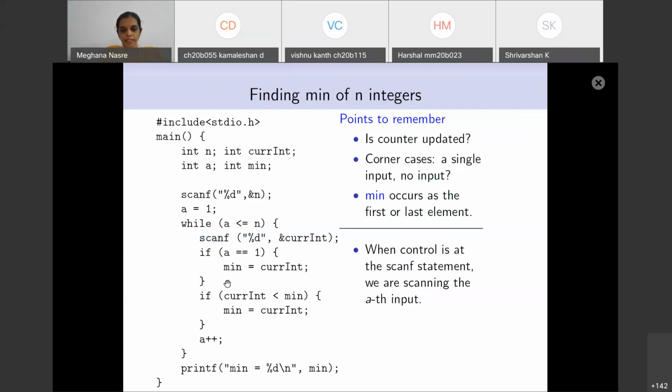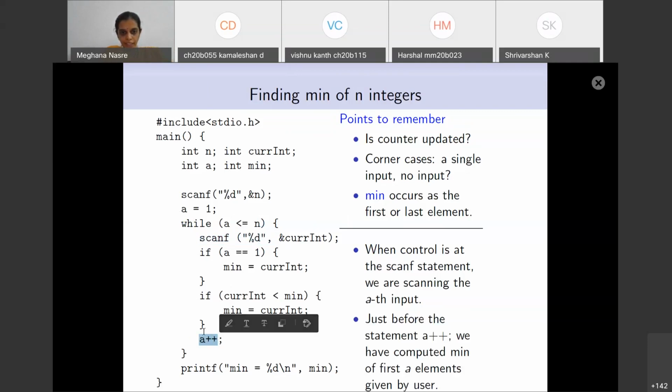And similarly, just before this A++ statement happens, that is, when we are here at the end of this if statement, the variable min contains the minimum of the first A elements given by the user. So if you have 10 elements that the user is going to provide, and if the user has already provided 6 elements, then at this stage min contains the minimum up to the first 6 elements.